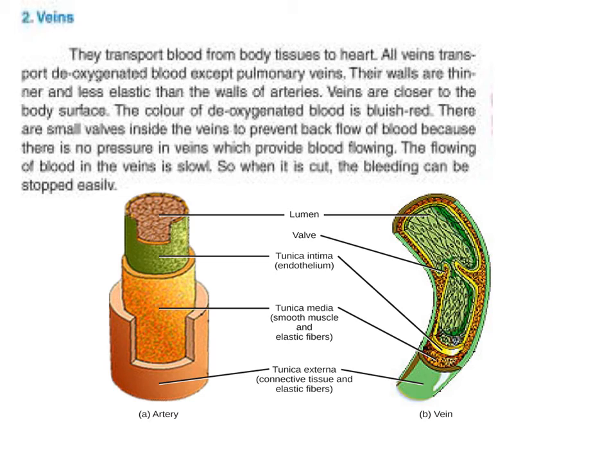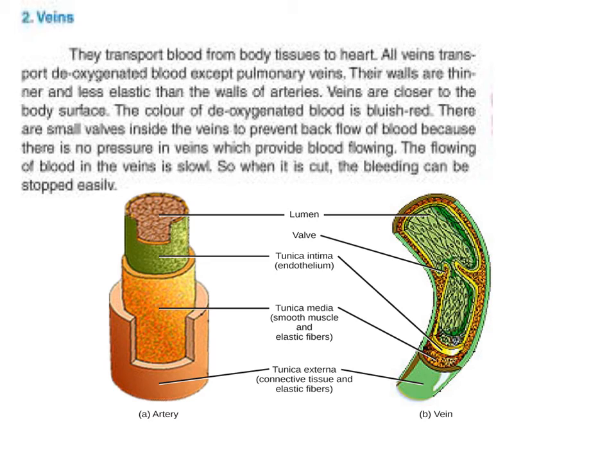Small valves inside the veins. Why are there small valves in the veins? To prevent backflow of blood, because there is no pressure in veins, such as in arteries. There is no pressure in veins to provide blood flowing. For that, it needs this valve,